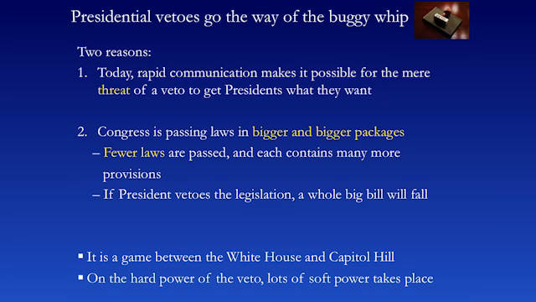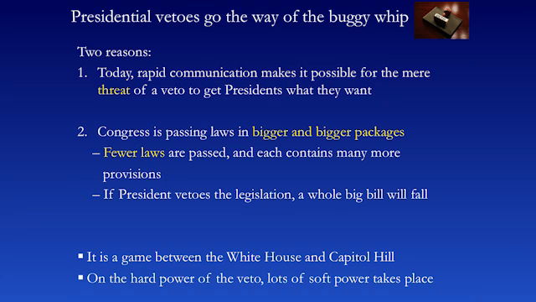Congress, in order to keep the president from vetoing laws, passes fewer laws, but puts more and more stuff in them. So anytime the president vetoes a piece of legislation, the government is about to be shut down. A great big problem is going to be created if the president actually vetoes a piece of legislation. So in the game that's taking place between White House and Capitol Hill, the president is going to threaten vetoes, and Congress is going to modify its great big package, and they're each going to play this game trying to